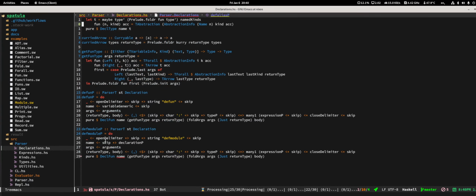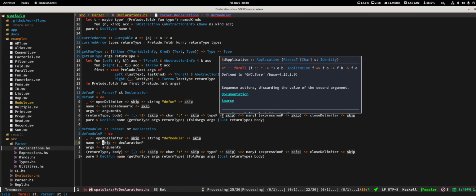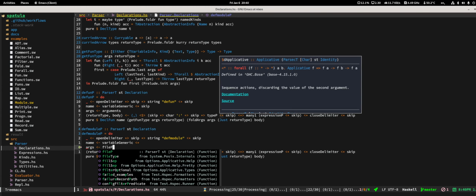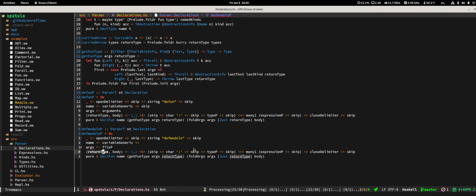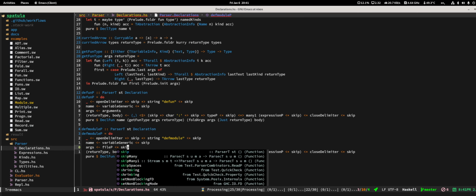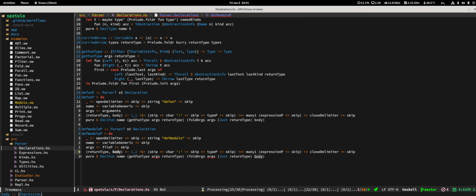Interesting. So this is already file P. Okay, so this is actually variable generic, as Magetta said, because this is the name of the thing. Then this is file P, which is interesting. This is the first time we use the top level one. You forgot the skip on line 2. Okay. Then we're going to have a file P there because you can have multiple declarations of stuff. We don't have a return,